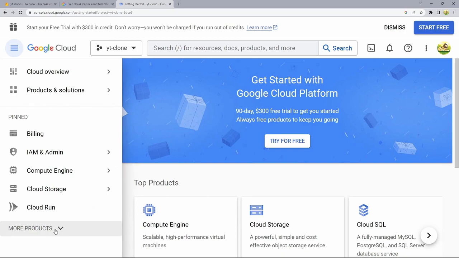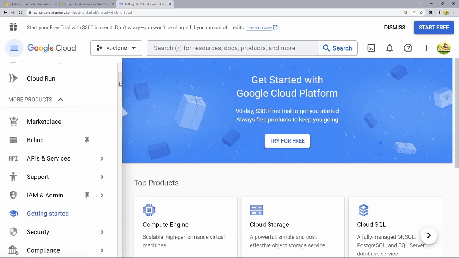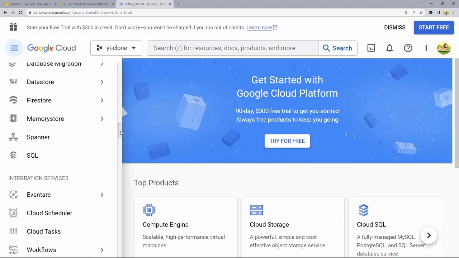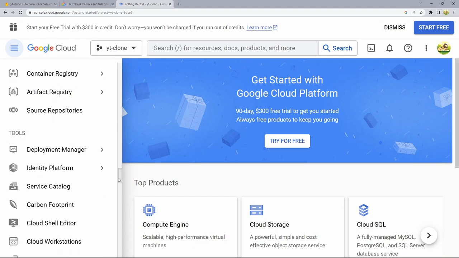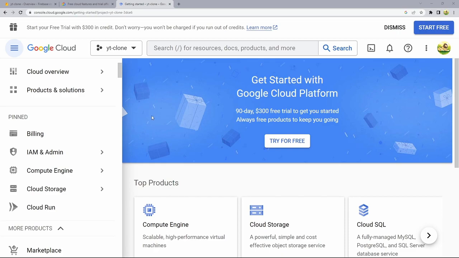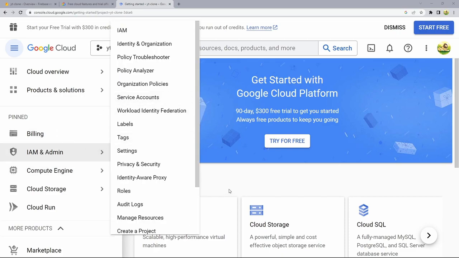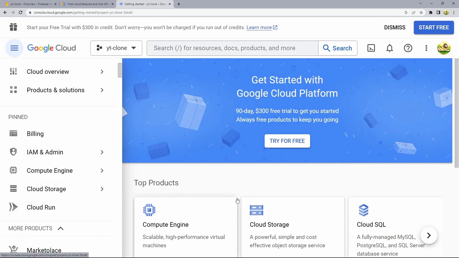Now, if you want to see the entire list of resources, you can click More Products, and it's quite a long list. Don't worry, I'll try to guide you through the ones that we're actually going to be needing. Most of the steps I'm going to show you next could be done through the UI, and I'll be showing some of those as well, but primarily we're going to be doing things through the command line because it's a bit more reproducible, and you can pretty much just copy and paste the commands exactly the way